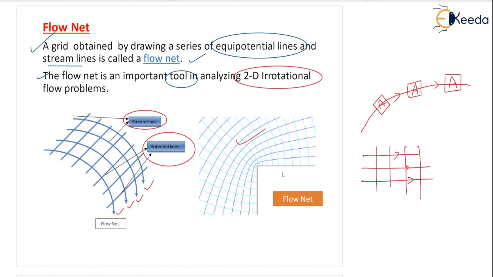So that's all about your flow net and the product of the slopes of streamline and potential line. This is one of the very important topics. The slope question already came in the examination. So I request you to remember the value of the slope for the potential line and the streamline separately, and do not confuse them.